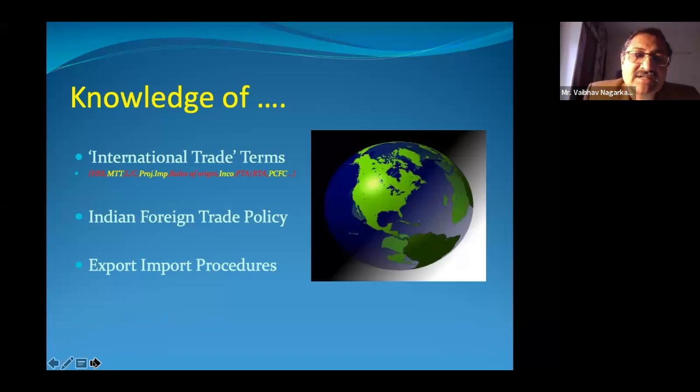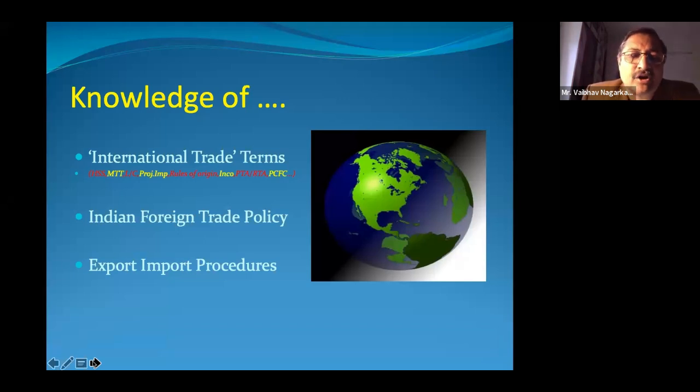But like this, there is the same policy available over there. International trade terms remain the same internationally. So preferential trade agreements and regional trade agreements are not an Indian perspective, they are a world perspective. So the same concepts are there also, right? Only case to case or country to country, the tools are different, the names are different, but the logic remains